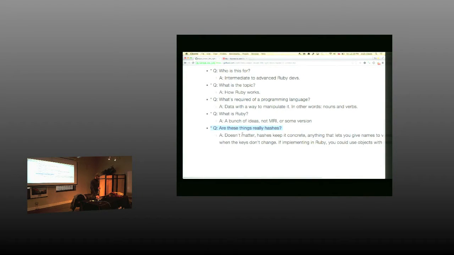Which allows me to explain that I'm going to show you some hashes, and underneath the scenes, you could implement them as hashes. I've done this in the past. Or MRI, the Ruby that you typically use, is going to use what we call a struct, which, if you don't know what that is, you can just say that's probably like a hash, and that would get you pretty far.